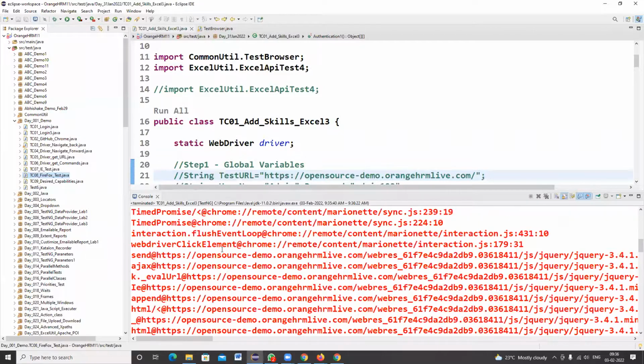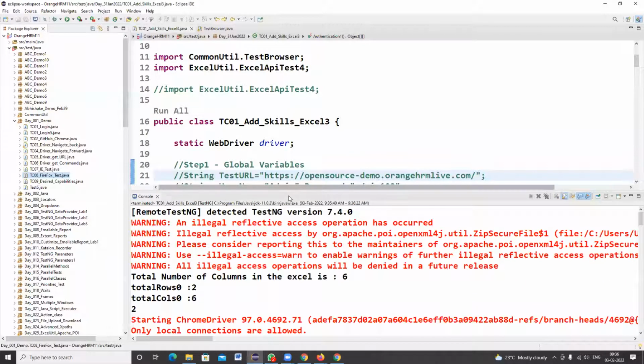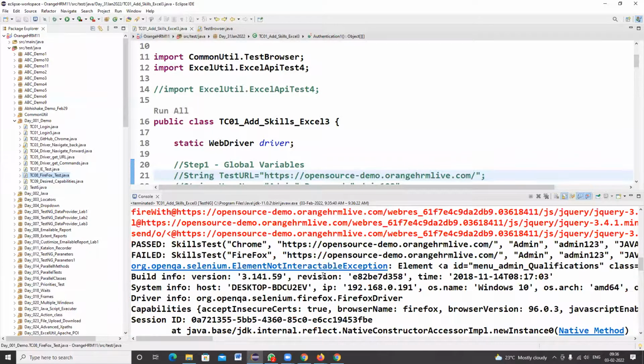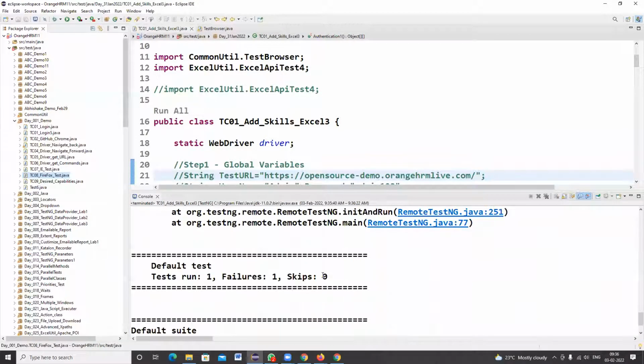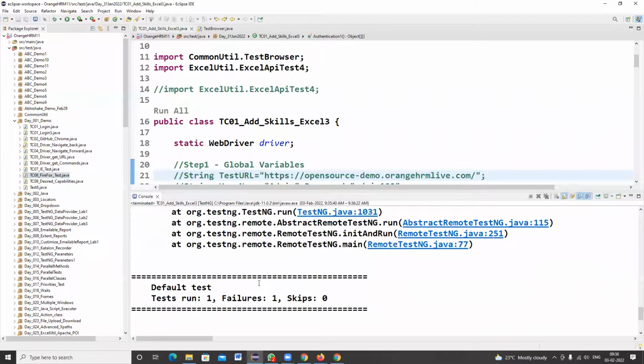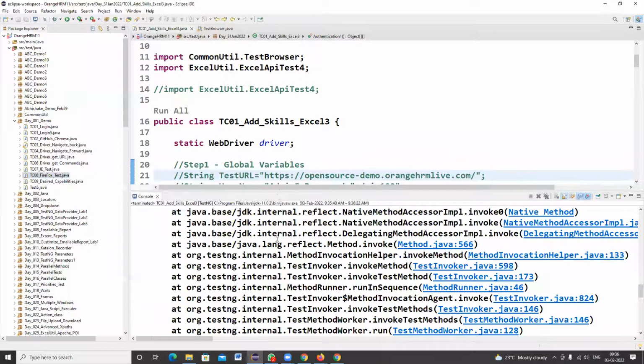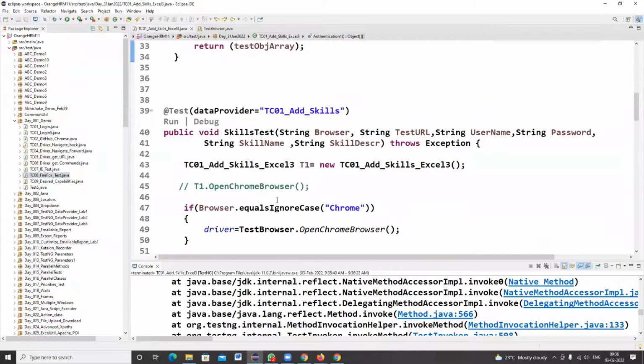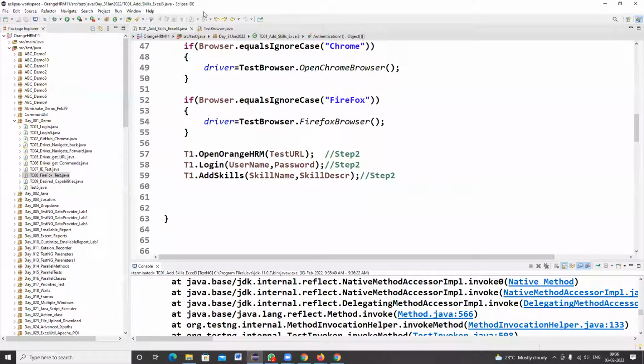Okay, so we have completed two iterations of executions. One iteration succeeded and one iteration failed. That means in Chrome browser the program is working perfectly, but in Firefox browser...